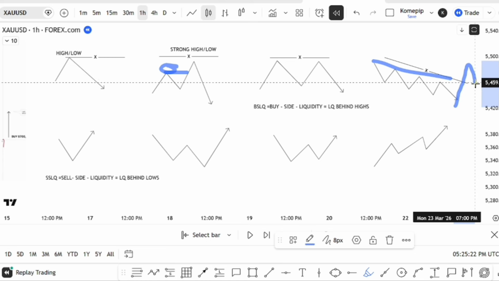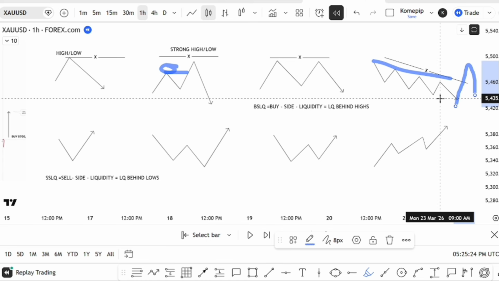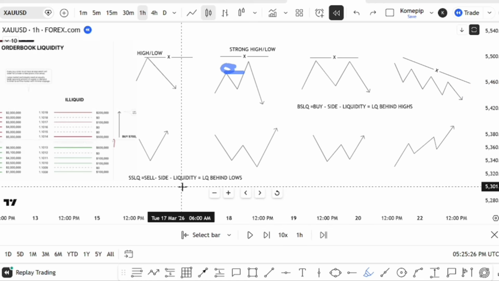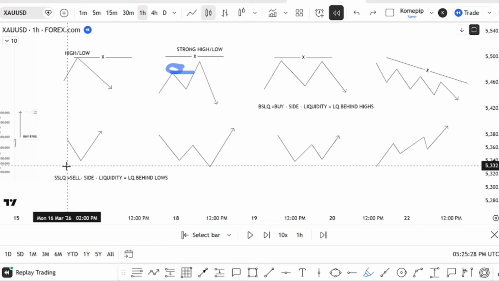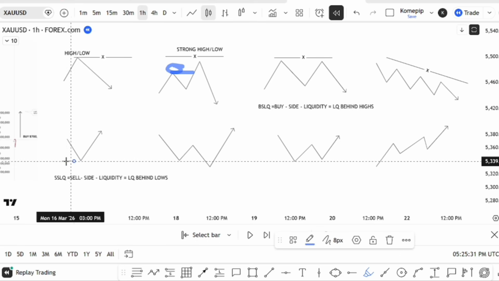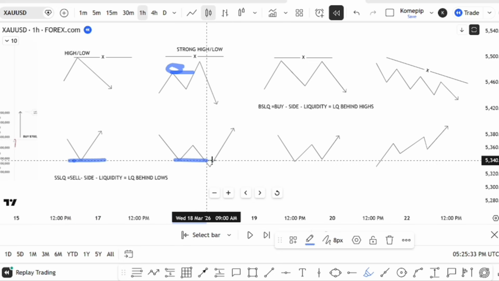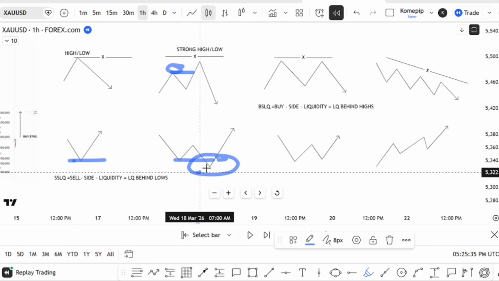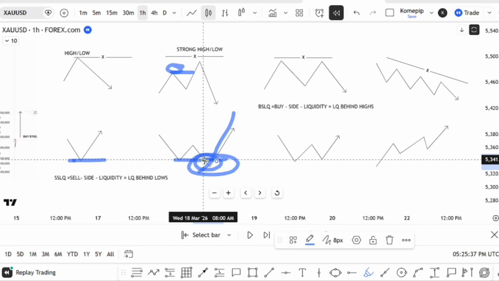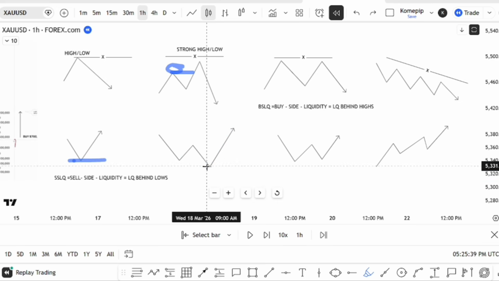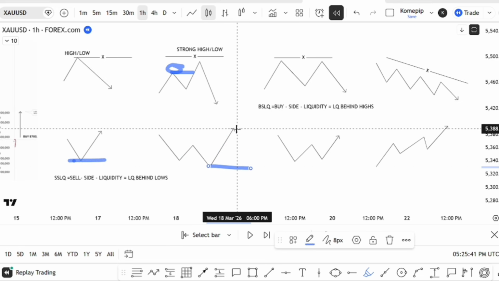Price will push up, take it out, and continue to the downside. So having said that about the buy side liquidity, the same thing applies with sell side liquidity. We have liquidity here, we have liquidity here, and price takes this, so this becomes a strong low. And now when price comes and takes out this strong low, what it implies is